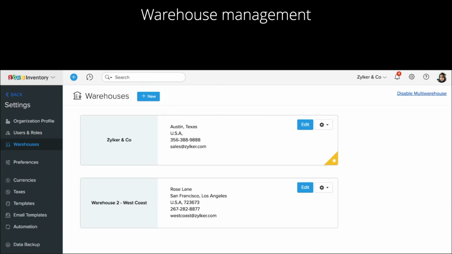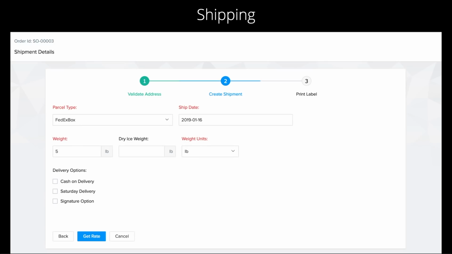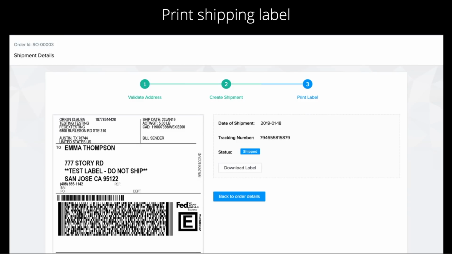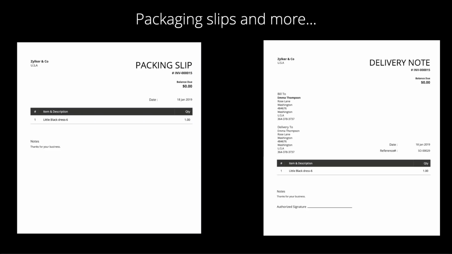And of course, the fulfillment itself, we make the order fulfillment process very seamless. This is powered by Zoho Inventory, where you can create a shipment label, print the shipment label, and because we integrate with over 40 shipping providers, you can directly create a shipping label along with the packaging slips and other stuff, and you can pack your items and ship your items.